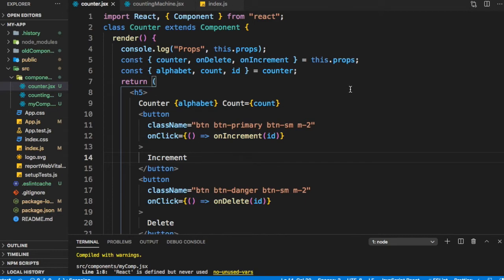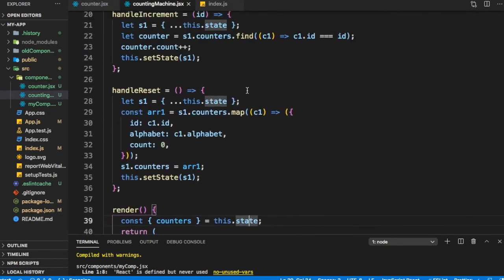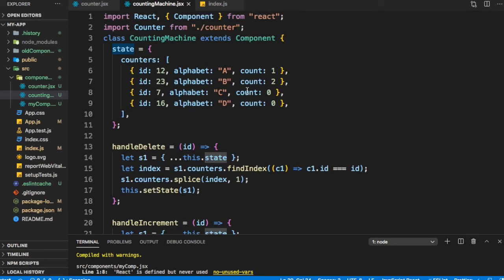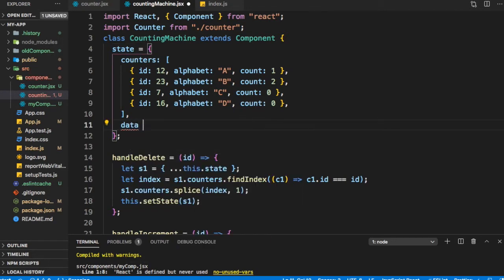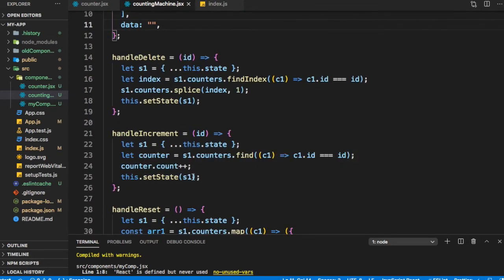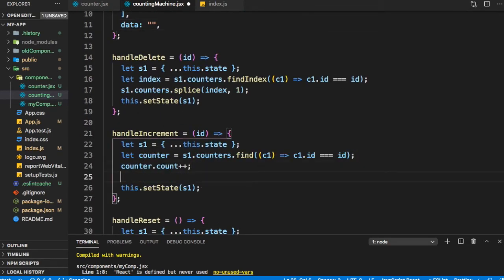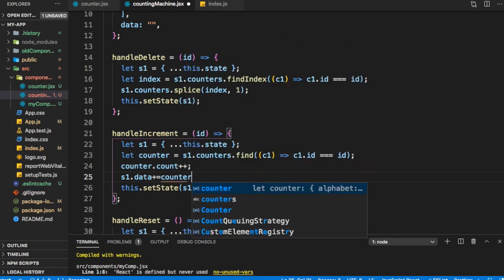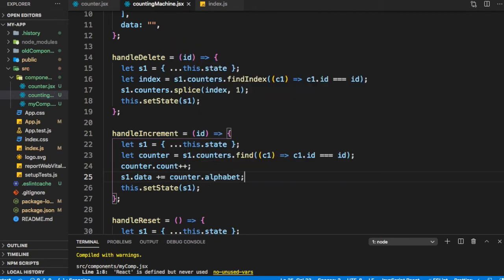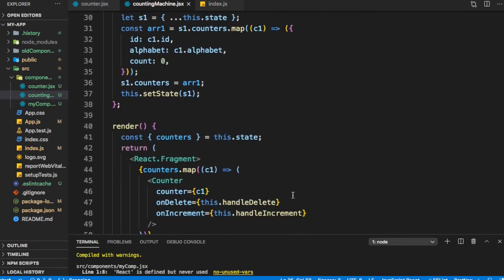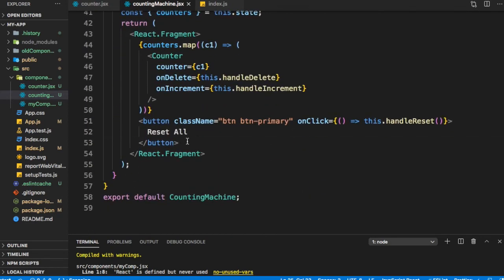So once we have lifted the state up and we are getting all of it in our counting machine, let's also try and show the alphabets that we have encountered. So in our state, let's create a string data. And whenever we get an increment, let's update data. So we can just say s1 dot data plus equal to counter dot alphabet. So we will keep on adding that alphabet, and we can just display it here after the button